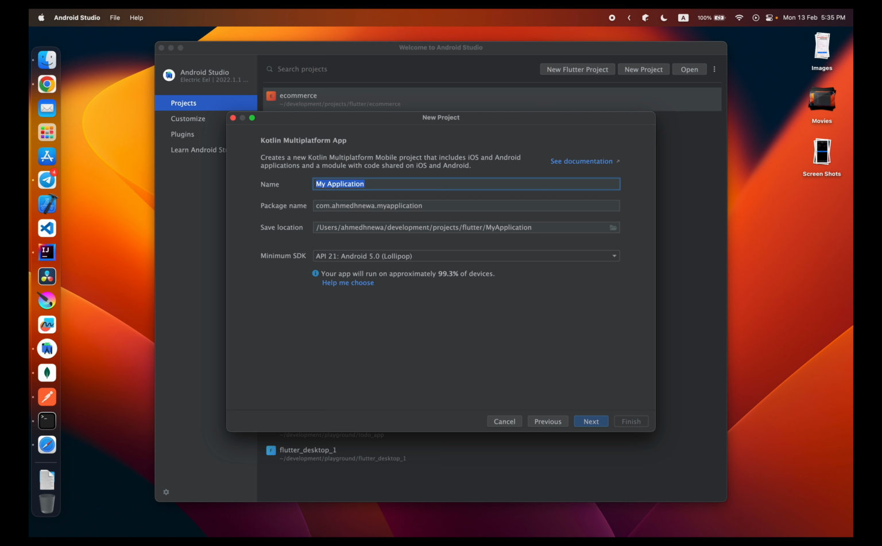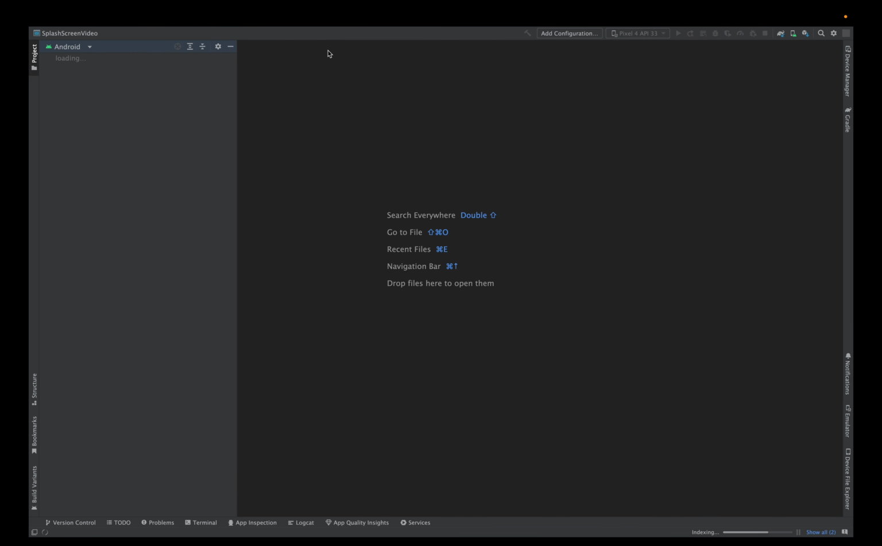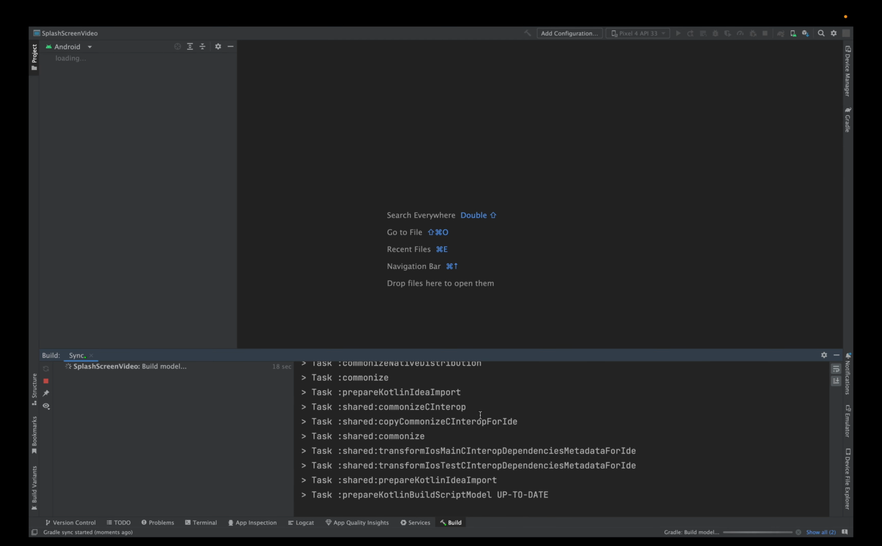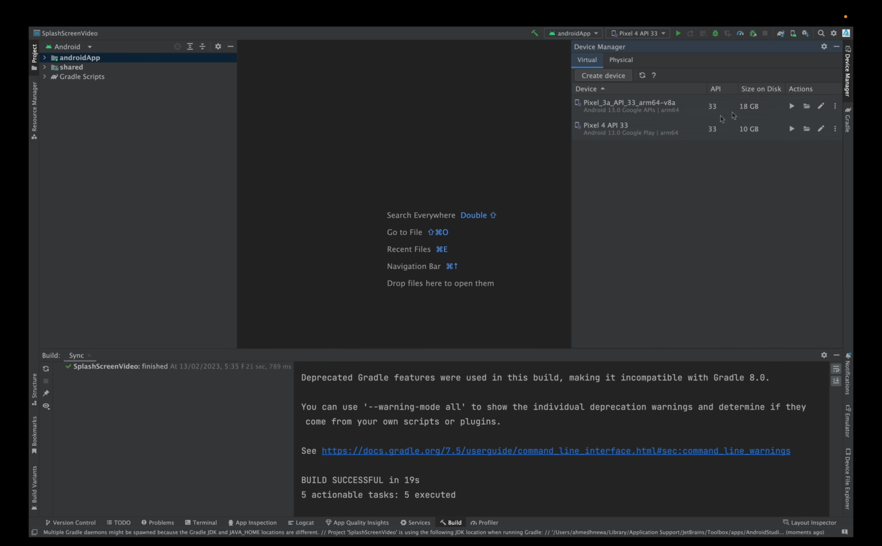This is the minimum SDK requirement, so you need to use compile SDK 31 and minimum SDK 21. The application name really doesn't matter. I will name it something like splash screen video. And by the way, we will use the new splash screen API, and I will explain this in a moment. I will click finish, and let's get started. I will wait for the build to finish. I already downloaded everything before. It just needs a moment to build the project. Now it started. I'm going to start the emulator,